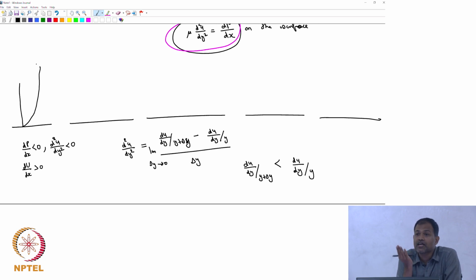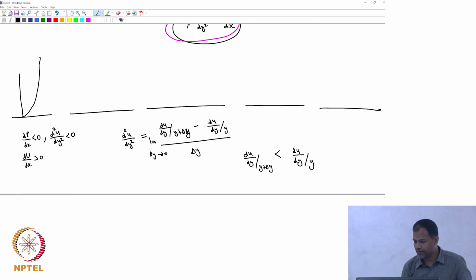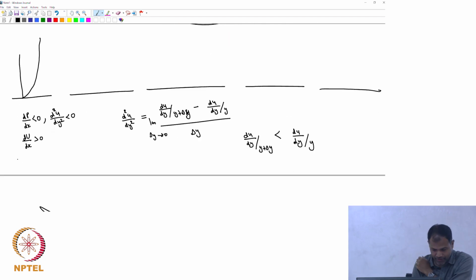So that's because we can't solve the actual equation. So we are saying, okay, can we actually simplify it in some way so that we can get some qualitative arguments, which might hold true in a general situation, and that's what we are trying to aim at. Okay, so this situation is called a favorable pressure gradient. We'll see why it's favorable later.